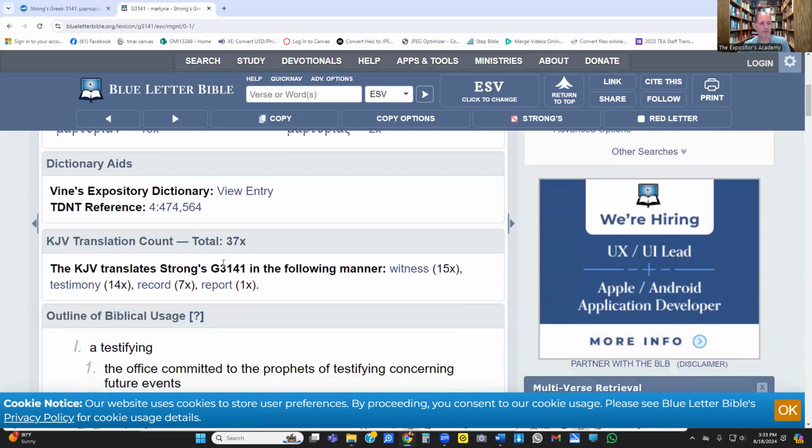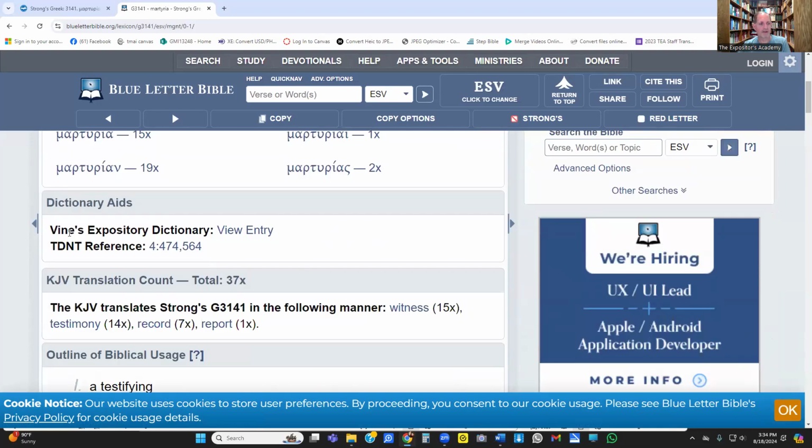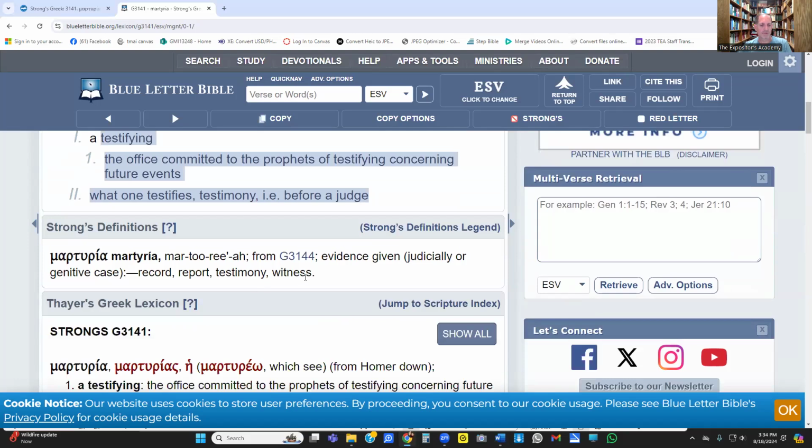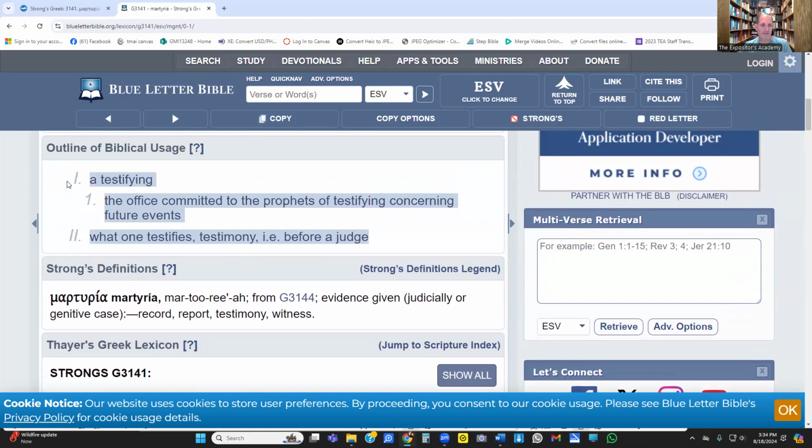Now, there's a couple of important helps. Notice here, Vine's Dictionary. This will come up later, so I want you to keep that in mind. We'll press this link in a future step. All right. But here it talks about the translation, King James translation, the definitions from Blue Letter Bible, and it's the same exact thing we saw in Strong's. All right, here's the Strong's definition, report, testimony. Sorry, I meant to say this is the same thing, the dictionary we saw in Bible Hub, same definitions.